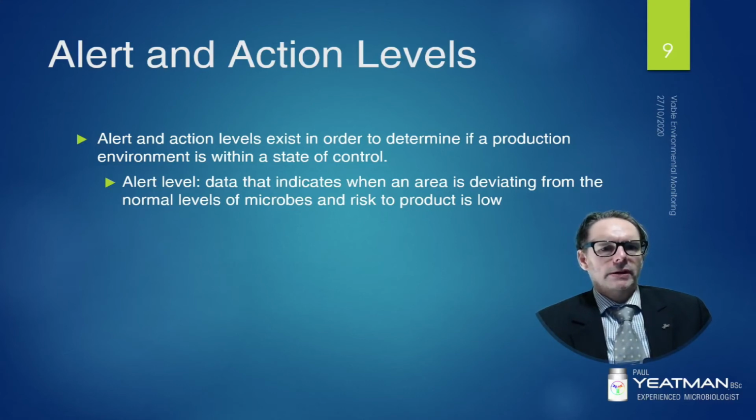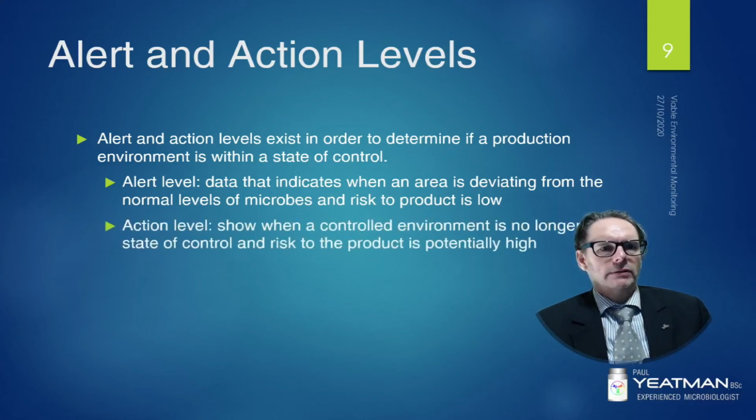And the more critical level is an action level. An action level is in place to show when a controlled environment is no longer in a state of control. When this level is breached, there may be a large risk to the product and thus to the end user. When an action level result is returned, a product is put on hold until an investigation is conducted to determine the cause of the action and how it may affect the product and the risk of releasing the affected batch